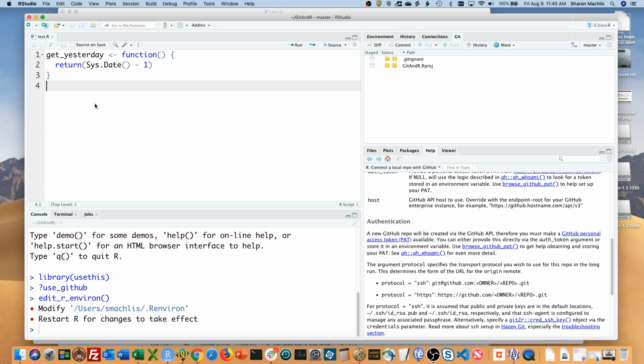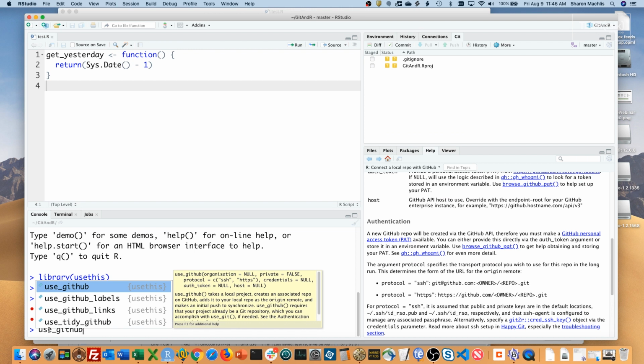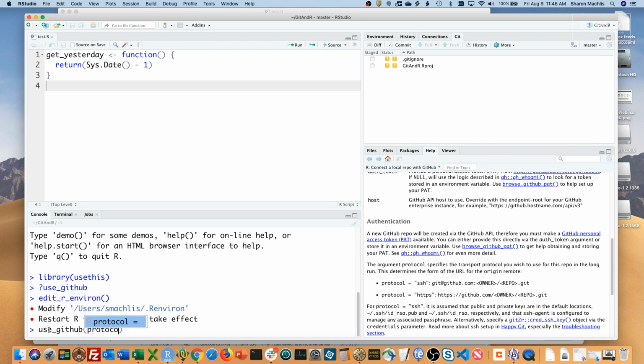If I had restarted R, I would need to reload the usethis package, but it's already still here. So let's go to the next step, which is running the use_github function. And I would like to use the protocol HTTPS.